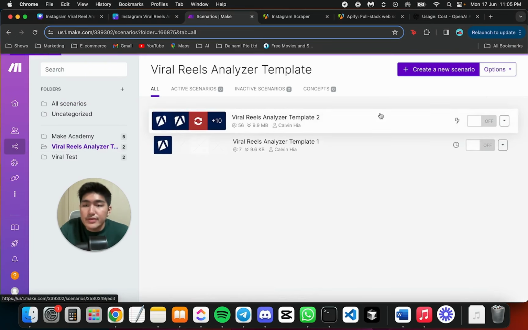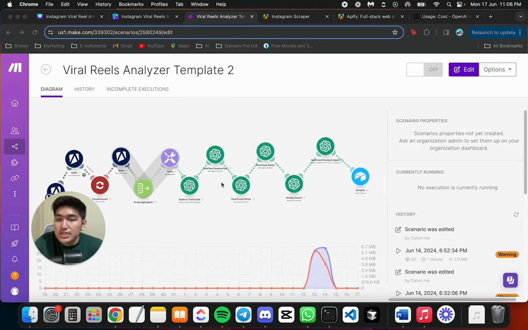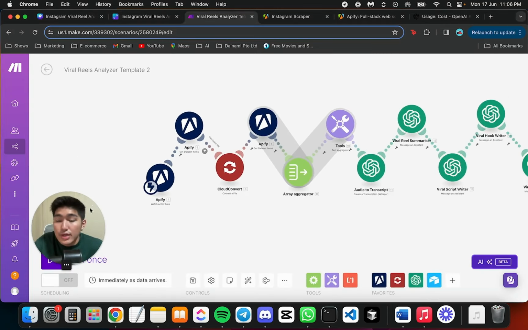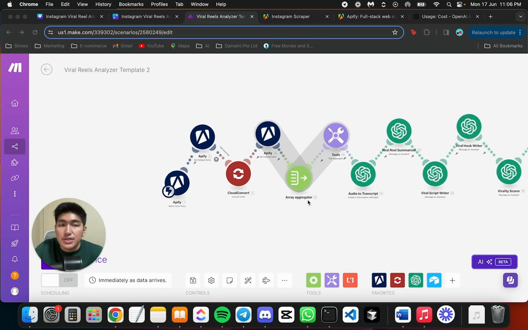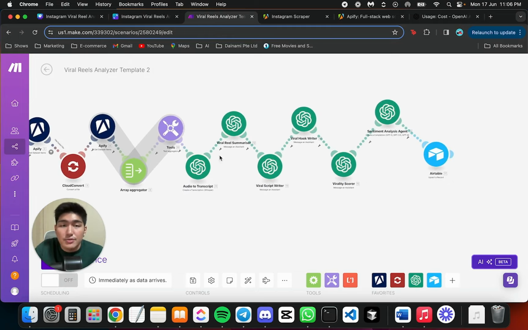A scenario itself is basically a workflow that you create for your automations to take place. Just like Lego blocks, as you can see over here, this is a workflow that I created for the Instagram Reel Analyzer, and we'll go through each of them individually later. But essentially what we are doing here is creating a workflow whereby, let's say we want to scrape a specific reel from one of our competitors. It will run through a series of actions, which are called modules in Make, and it will go all the way through our Apify apps, our Cloud Convert tools, through our GPT agents, and finally return the result in an